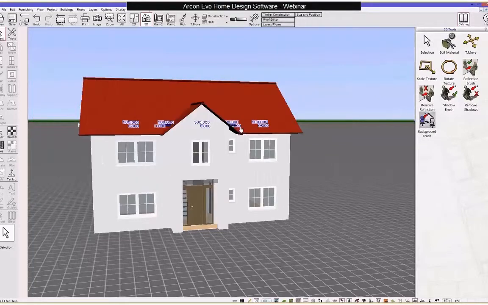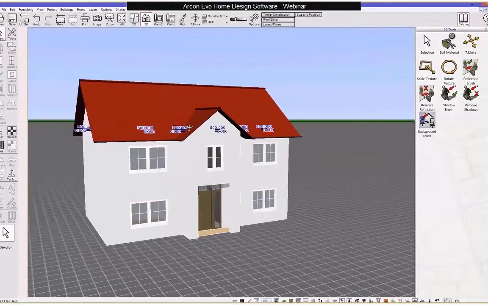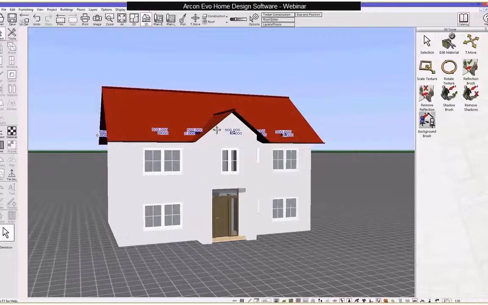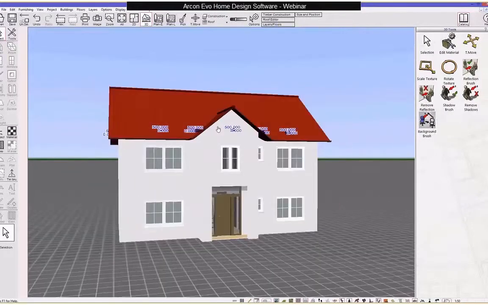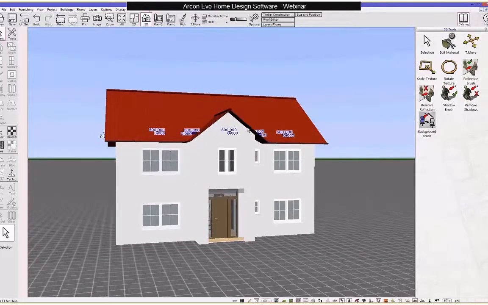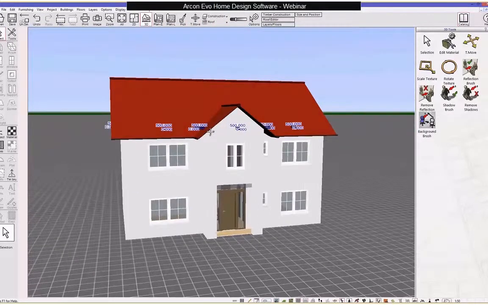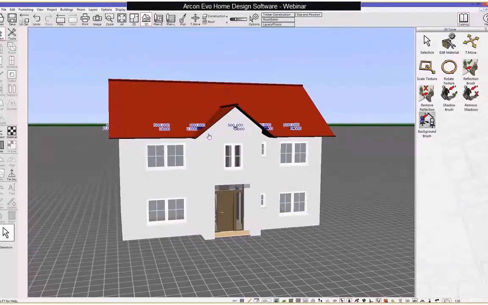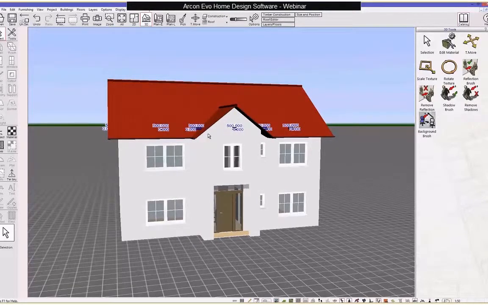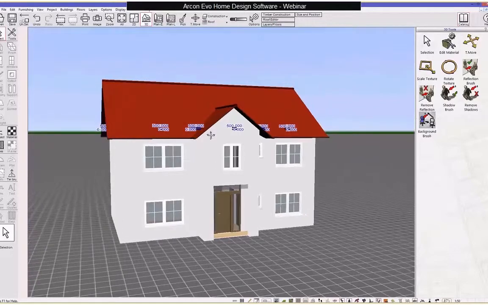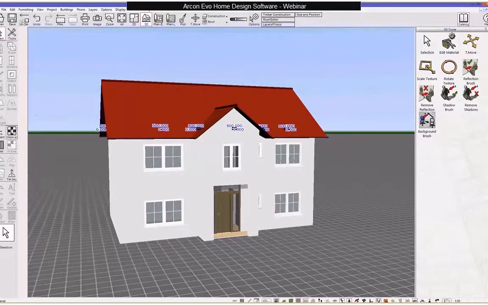Okay, so now I'm in 3D, so it gives you some idea of drawing from the ground floor up, obviously using an existing project there. So now I'm in this mode here. Now what I'm going to do is demonstrate how quick it is to apply different materials to the model itself. So if I click on the materials option here,